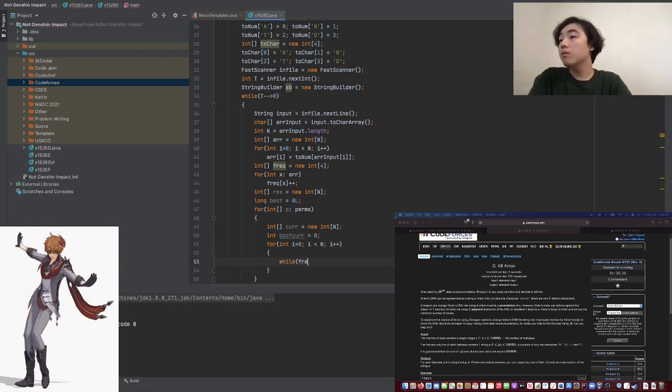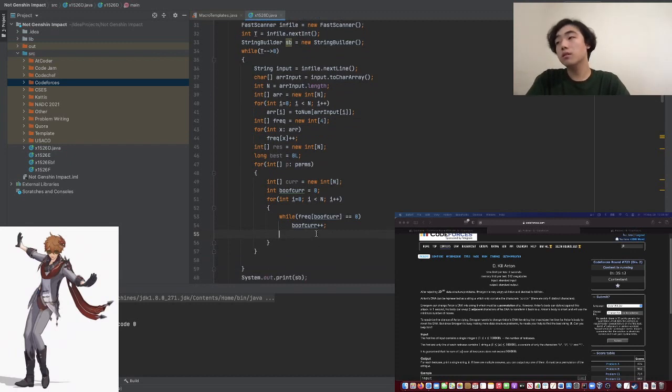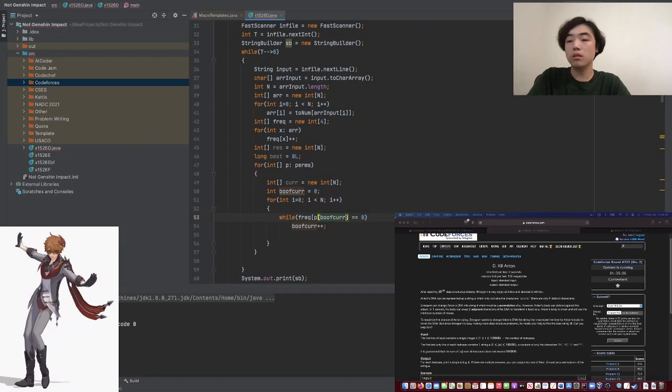Okay, so while frequency at that cur. This is like a current. I'll let P at this, I guess. So cur I is equal to P at